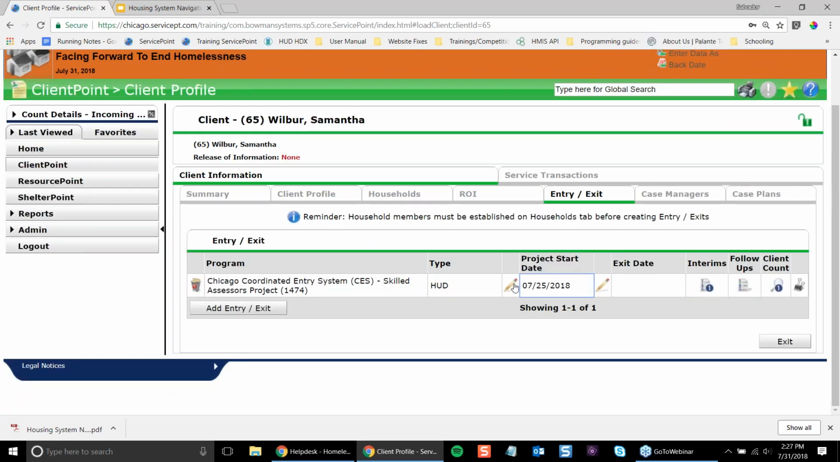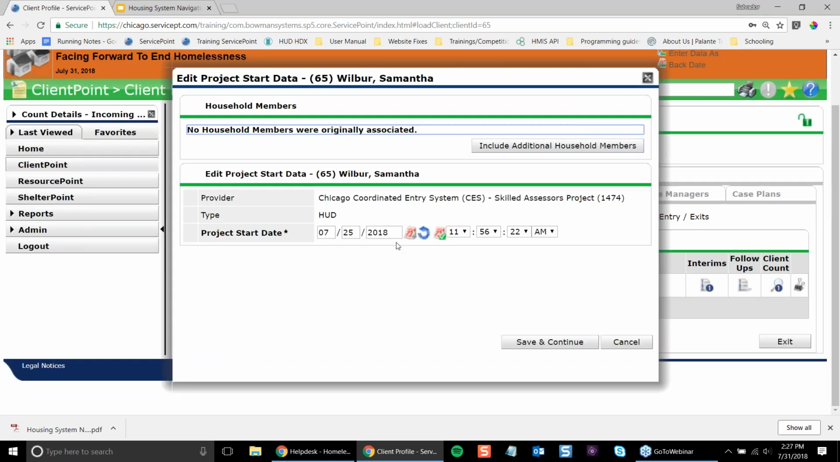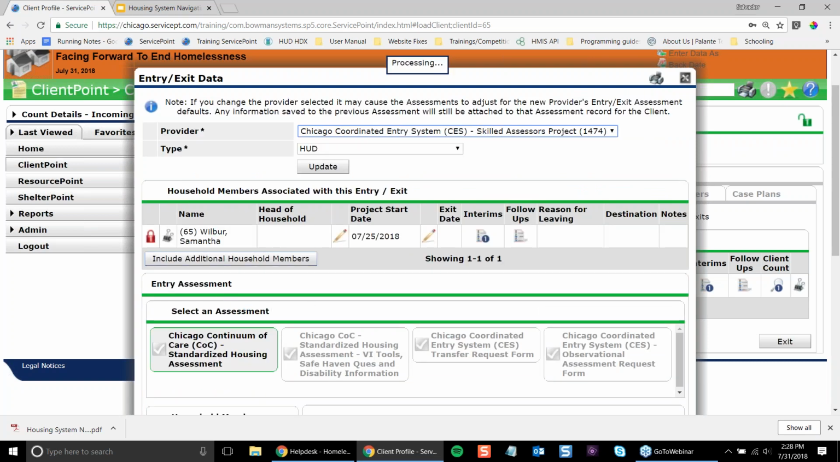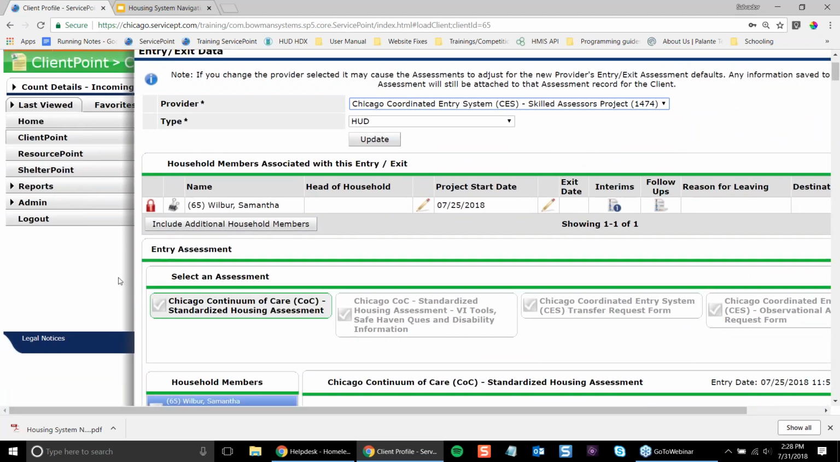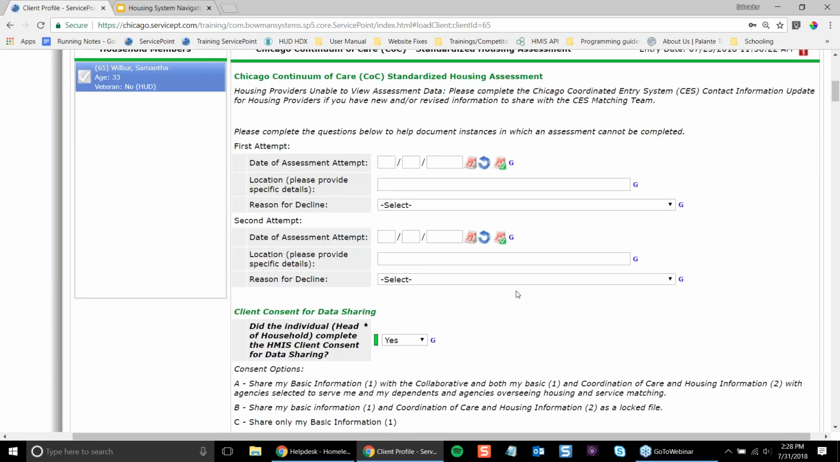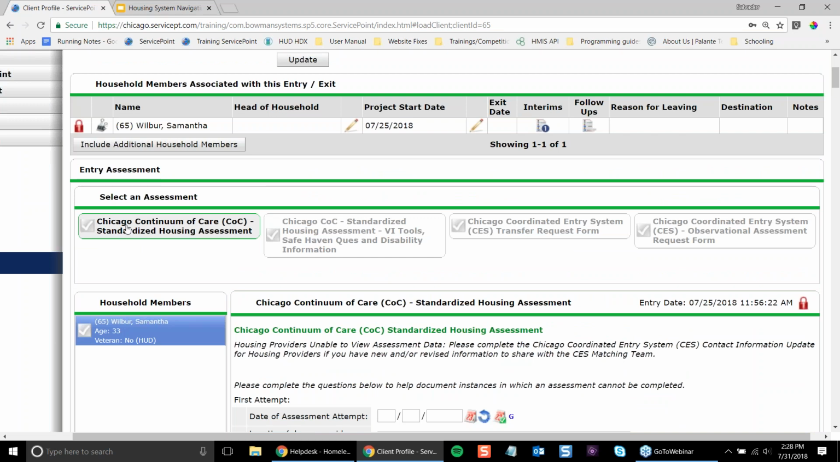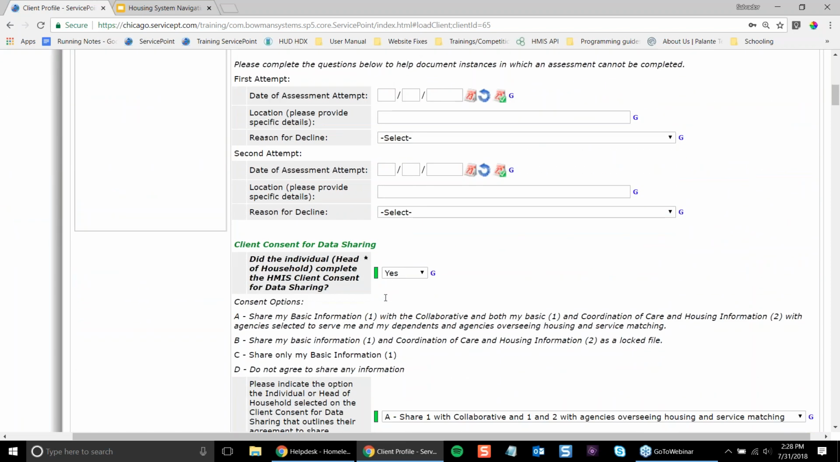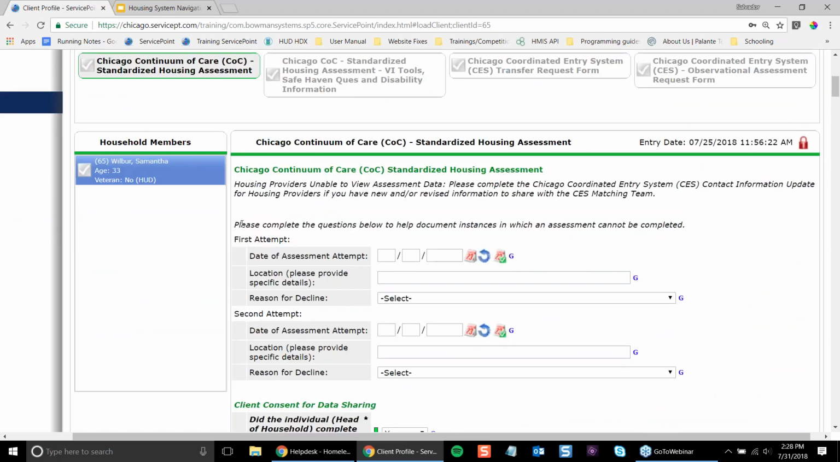And let me make this a little bigger for y'all. And there we go. So we have Samantha Wilbur, and she is in the Coordinated Entry System. I'm going to go ahead and click Save and Continue. And notice there are no household members. That's because Samantha is a single female. And so for my clients, what I have found, so this is the Chicago Continuum of Care Standardized Housing Assessment, and this is the assessment that you will be able to find your client's contact information on. So you can ignore this portion,